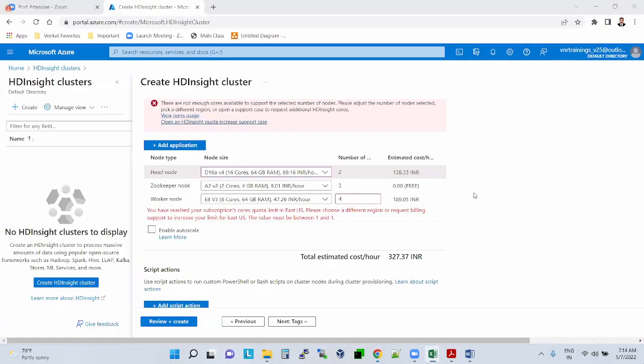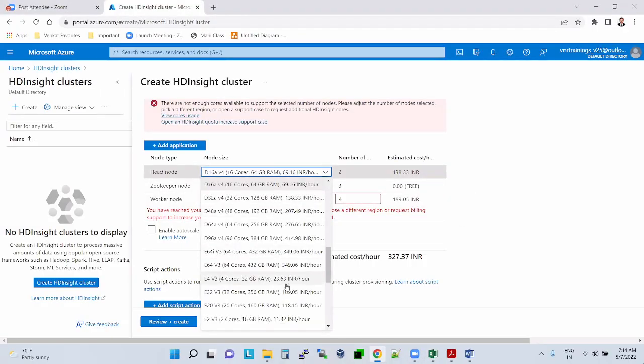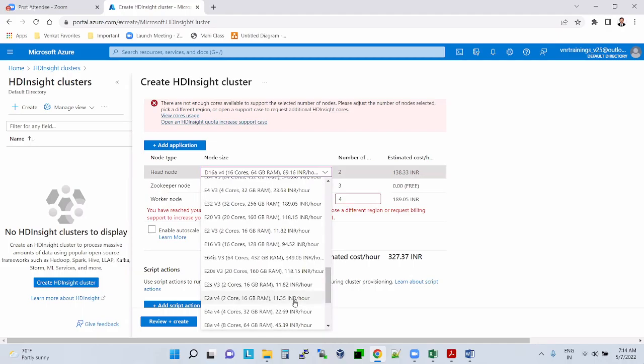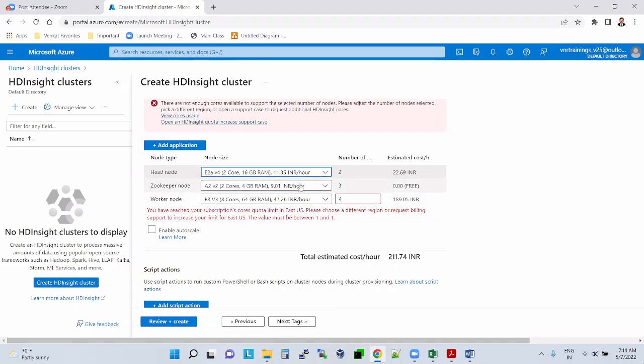But we don't want this one, right? We want 2 core, 16 GB RAM, so we'll go for that. Minimum 2 head nodes are required, and Zookeeper nodes. These are anyway free; 3 Zookeepers they are giving freely.